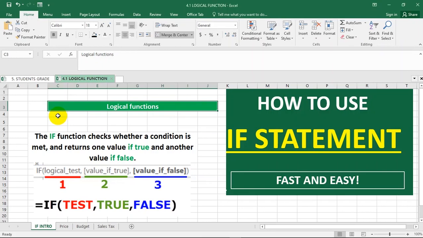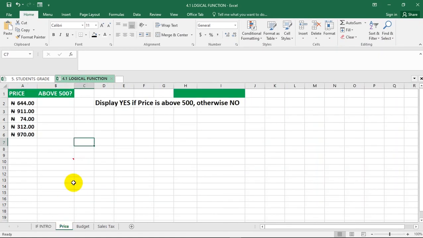The IF function is one of the most popular functions in Excel, and it allows you to make logical comparisons between a value and what you expect. So an IF statement can have two results. The first result is if your comparison is true. The second result is if your comparison is false. In other words, the IF function checks whether a condition is met and returns a value if true and another